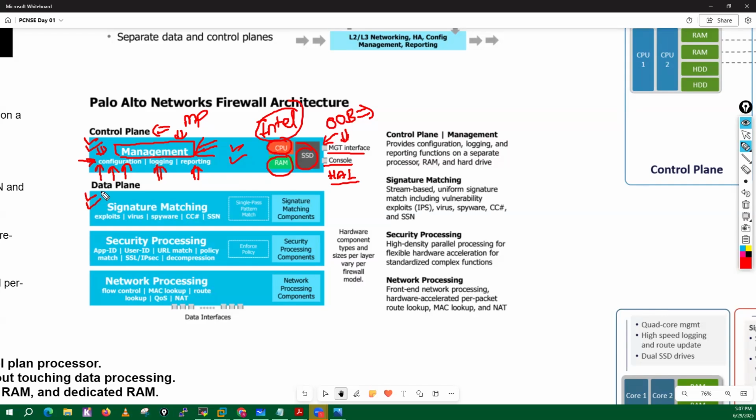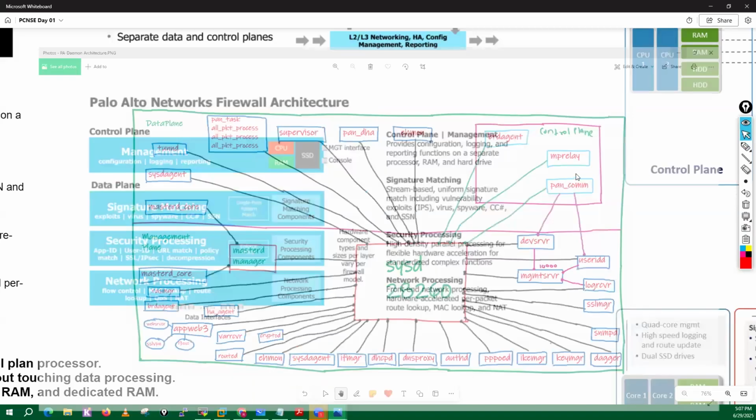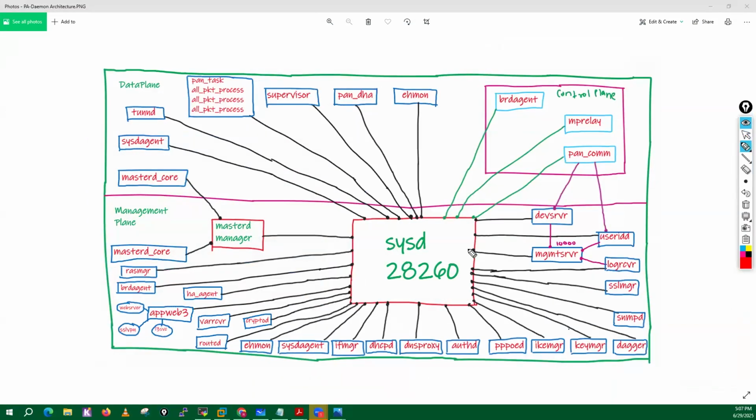There is no resource level dependency. Dedicated resources are there for dedicated tasks. It provides the configuration, logging, and reporting functions on a separate processor, RAM, and hard drive. Now, apart from configuration management, logging, and reporting, this management plane is also responsible for